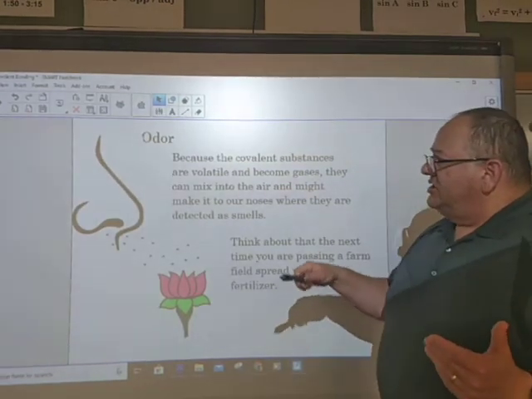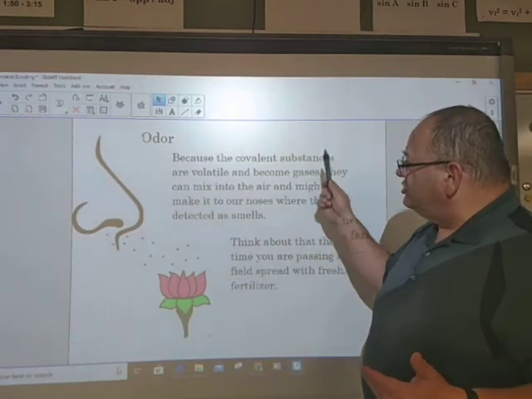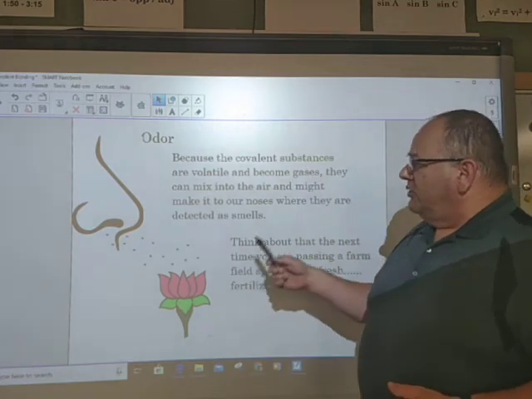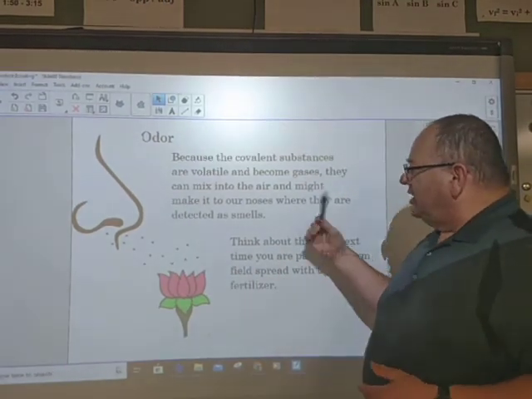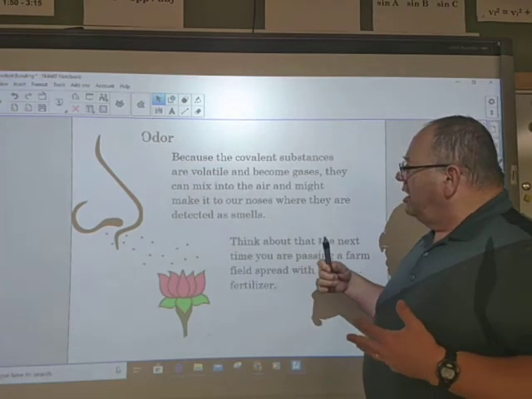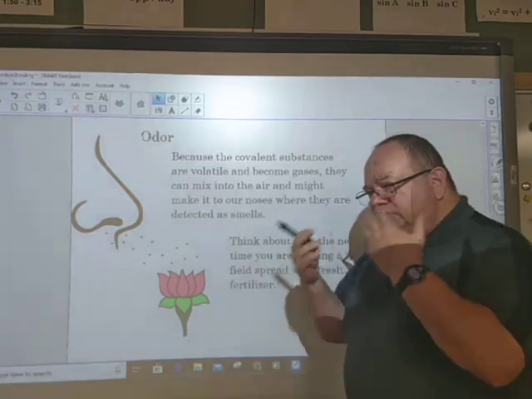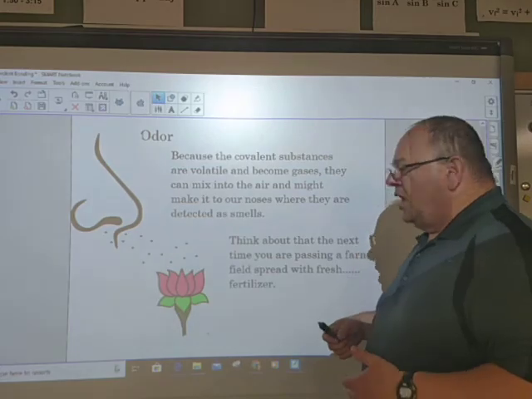Now, because they can become gases easily, because covalent compounds are volatile, well, some of those molecules might go into the air. And they mix in the air, and of course they get to our nose and we breathe in, and